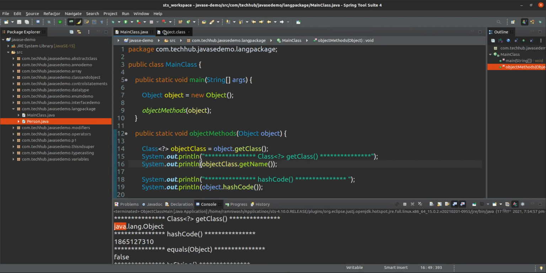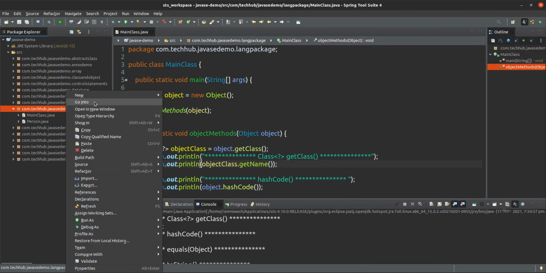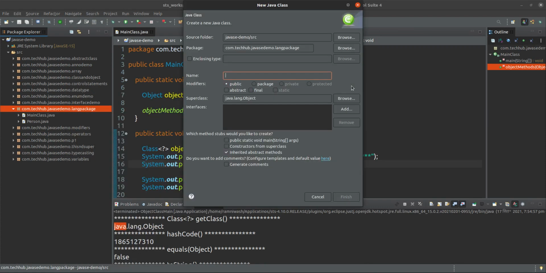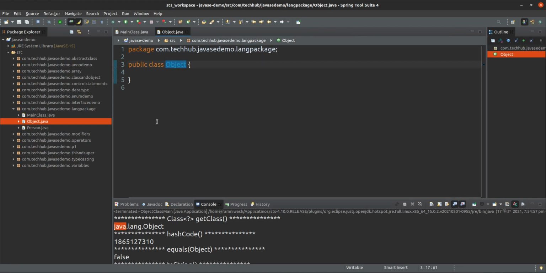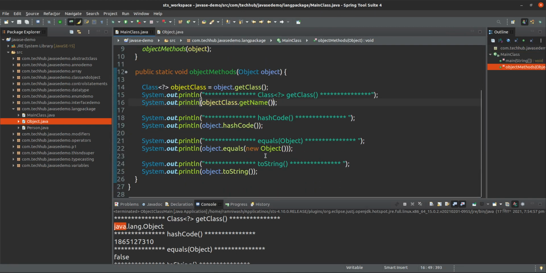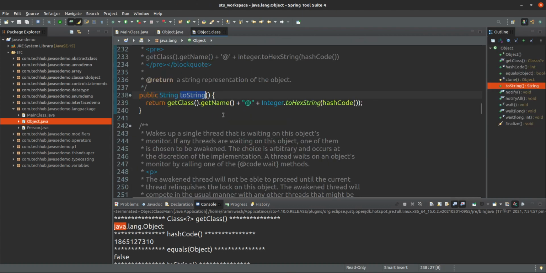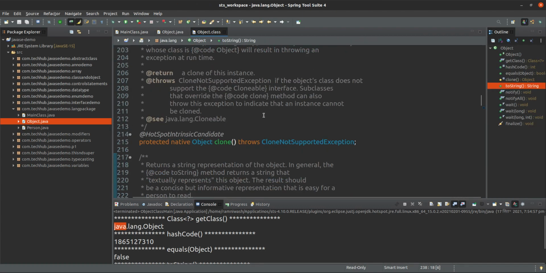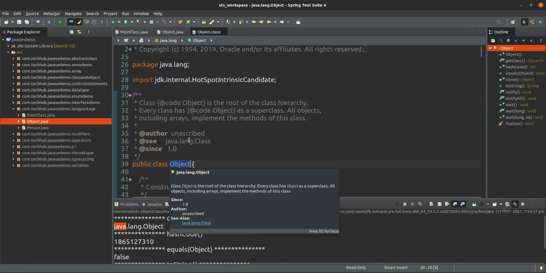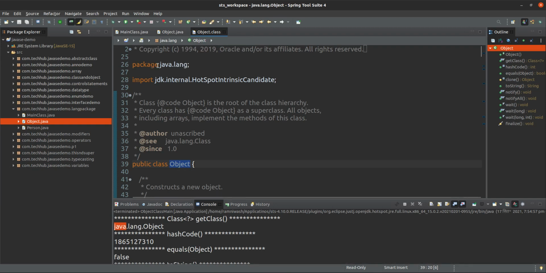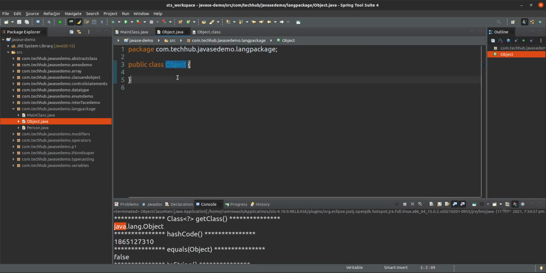Suppose I create one here, like that, Object. Now, this is also an Object class, no? But do you think this Object class and that Object class are the same? See, public class Object, but that class is under the package java.lang, and this class is available under the com.techhub.javasc.demo.lang package.